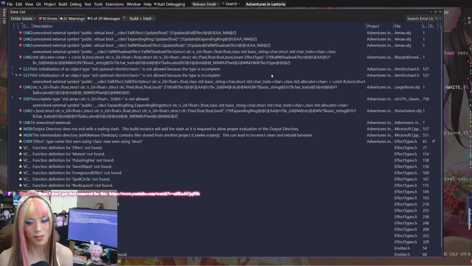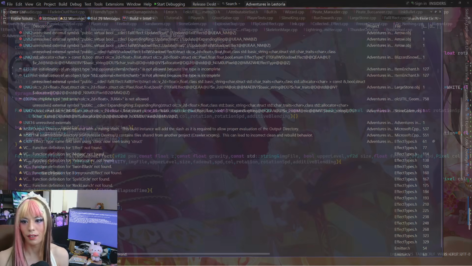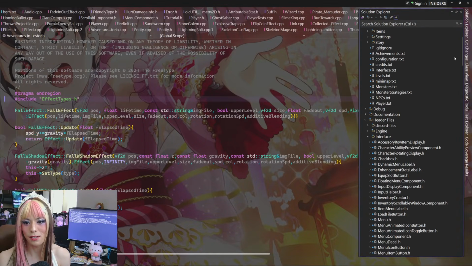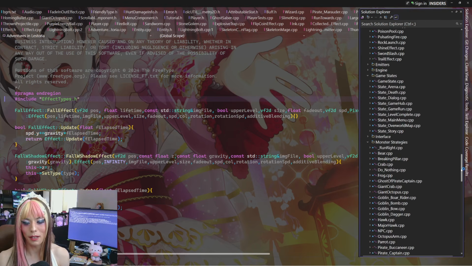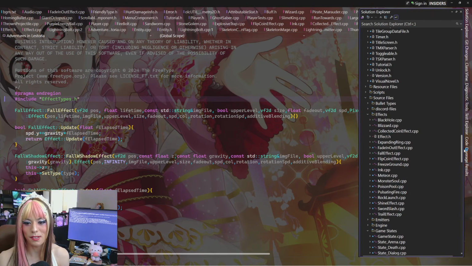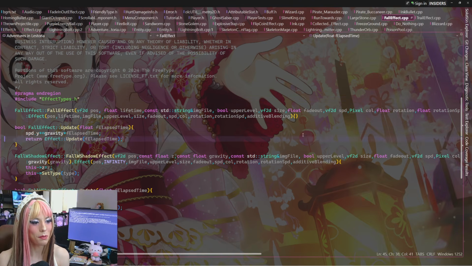Okay, well, same thing's happening. This is really strange. I'm convinced that Visual Studio doesn't know about this file right now, if that's what we're seeing.